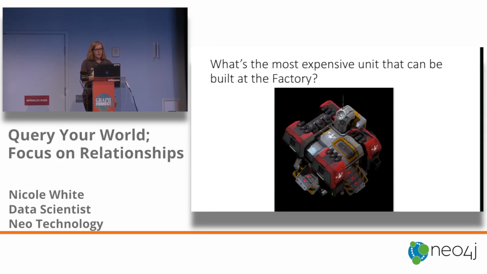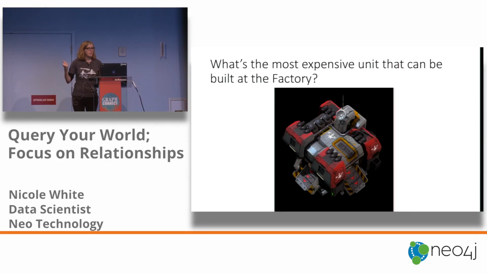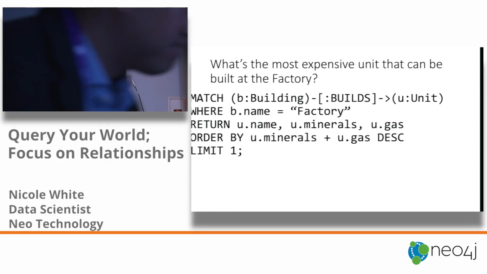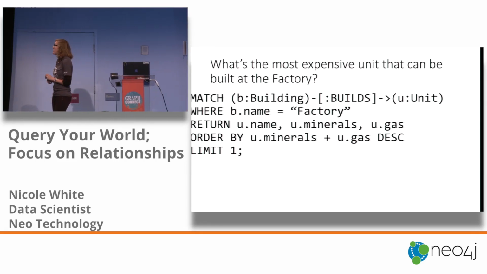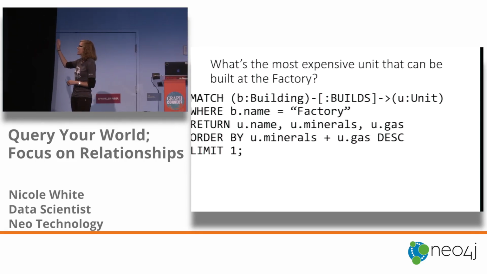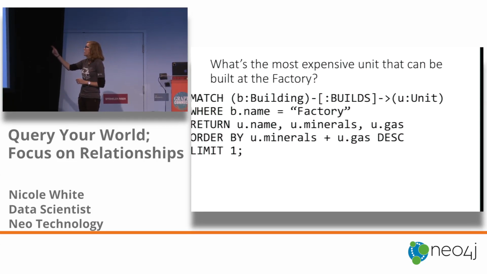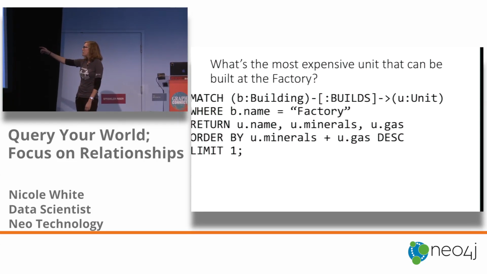Okay. What's the most expensive unit that can be built at the factory? Here, I just wanted to show some ordering and limiting, because that's a pretty common way to use Cypher: to order and limit your results. So the match clause is pretty standard here. We've seen this a few times already. Building builds unit, where the name of the building is factory, and we want to return the name of the unit. So we're returning the name property, using u.name to refer to that unit node, how many minerals it takes,